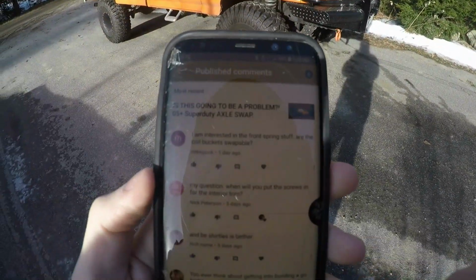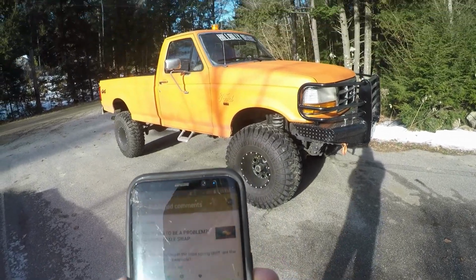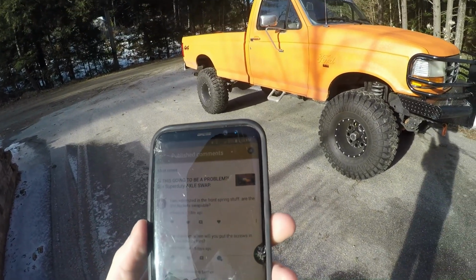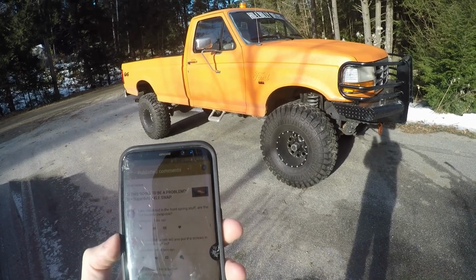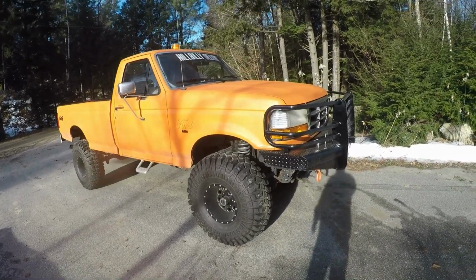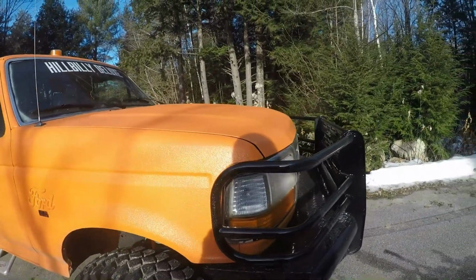This one comes from Mikey Jock. I don't know if you guys are even going to be able to read it, but it's not really a shout-out thing, it's more of a Q&A thing. He said that he's interested in the front spring swap. Are the coil buckets swappable? So, as you guys know, I'm going to do the 05 axle swap